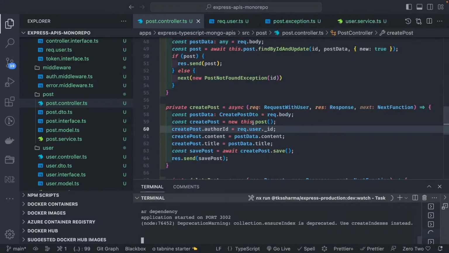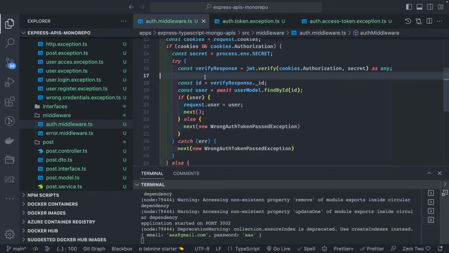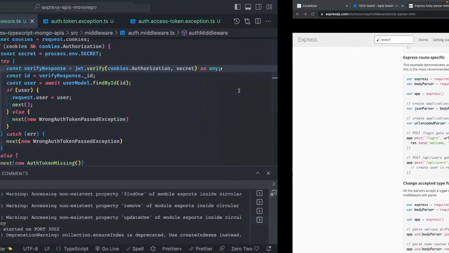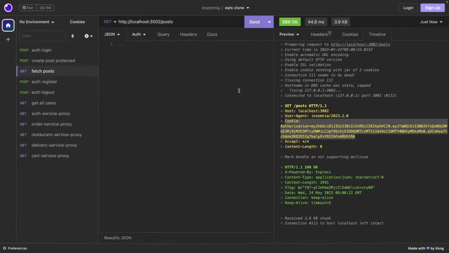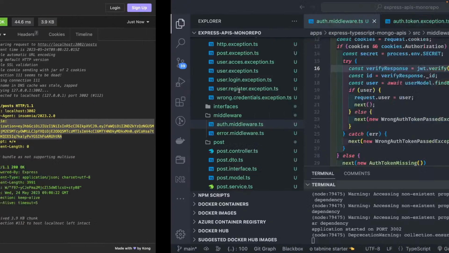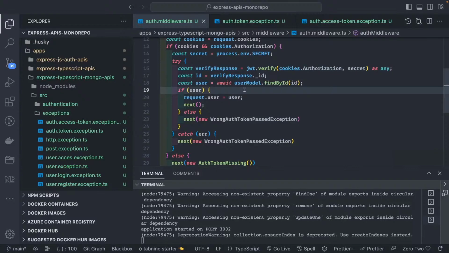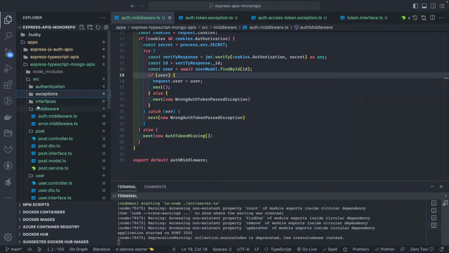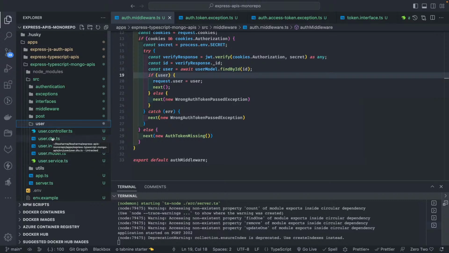This dot post, we are creating the constructor, created post, and then dot save. After getting the token, then also you will get the error that wrong token is being passed. So this is a simple demo I tried to create by using Express TypeScript, and here the important part is how we structure the code. Now the implementation is a small bug we can fix. Here you can see authentication, all the middleware, all the controllers, domain based models, user controller, services, all the things will go here. The DTO, you can also create a